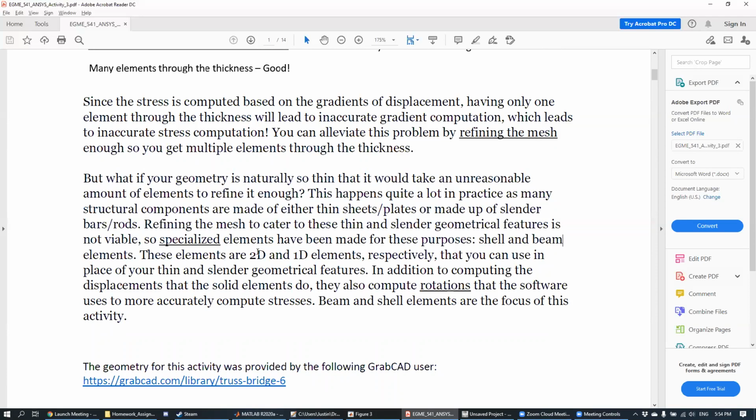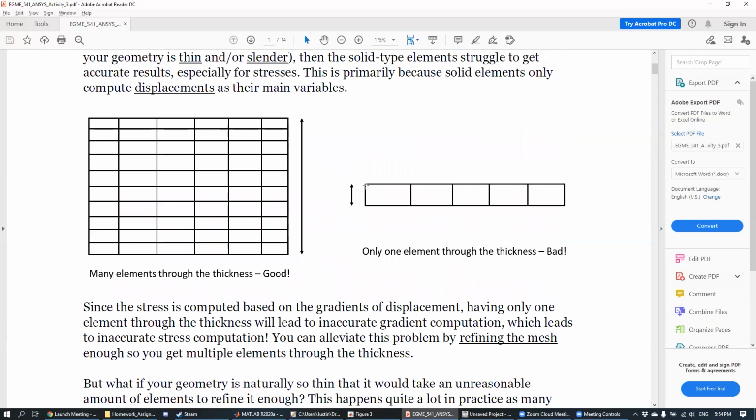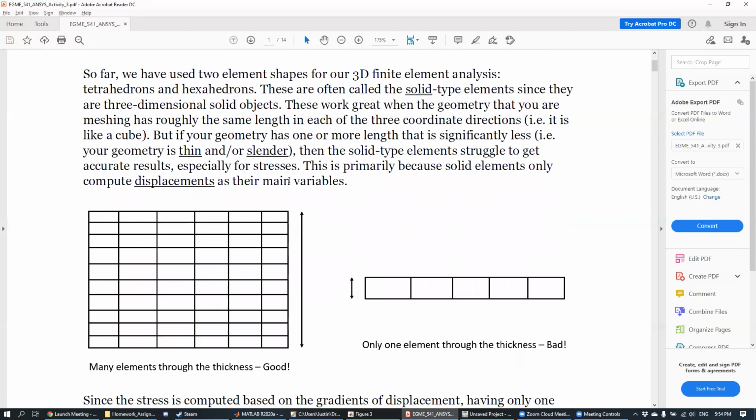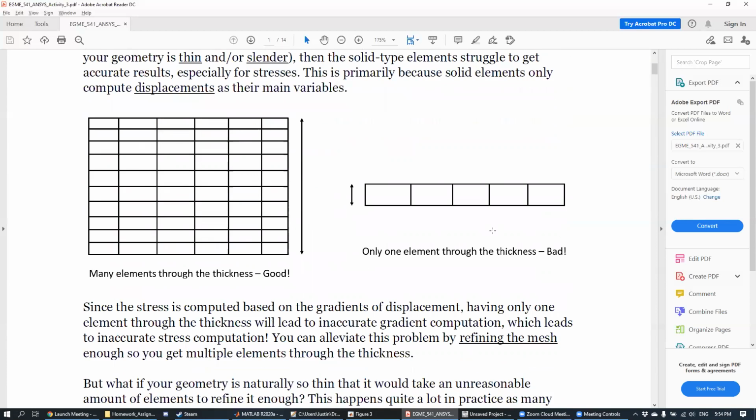And so these are actually 2D and 1D elements, respectively. So even though you're doing a three-dimensional simulation, your elements can still be 2D and 1D. And these actually help you quite a bit. Because now, instead of trying to fit a bunch of really, really small solid elements into a thin space, you can instead just replace it with a layer of 2D elements, and that's going to be a